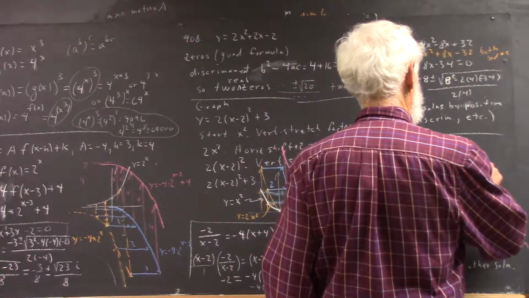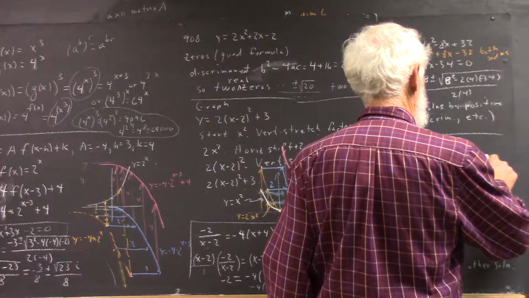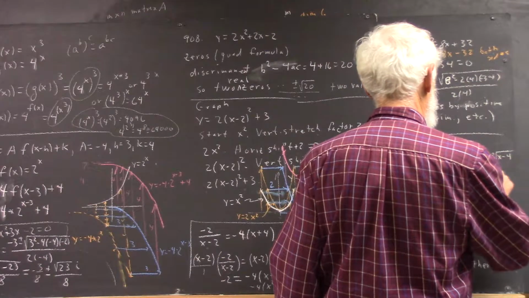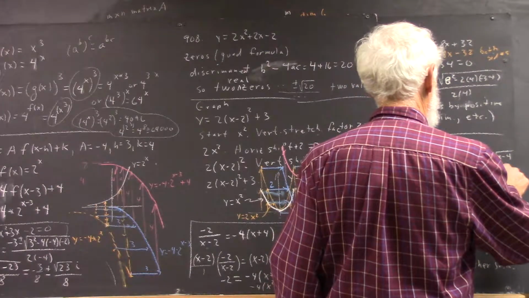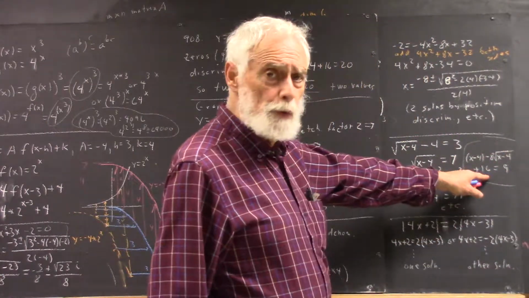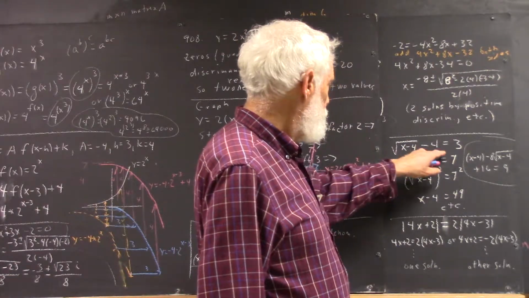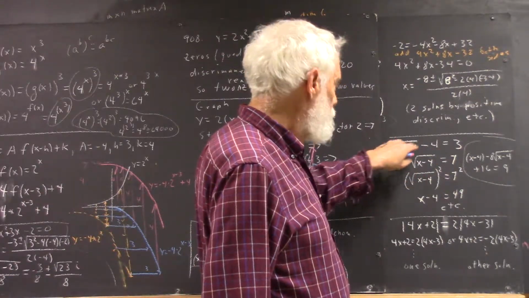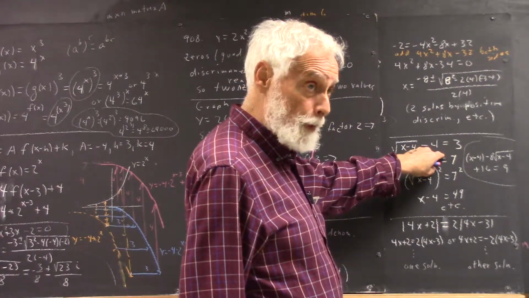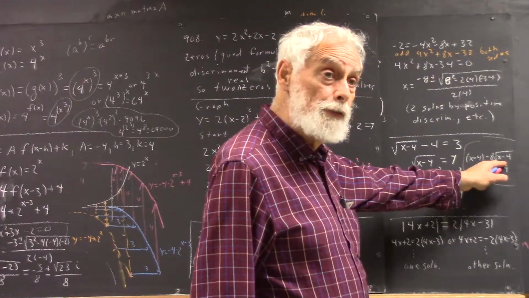You're going to get, on the left, x minus 4. Then you're going to get negative 8 times the square root of x minus 4 plus 16 equals 9. This is what you would get if you square both sides of this equation, because to square this side, you got to multiply the square root of x minus 4 minus 4 by the square root of x minus 4 minus 4. When you do that, you will end up with a negative 8 square root of x minus 4 in there,